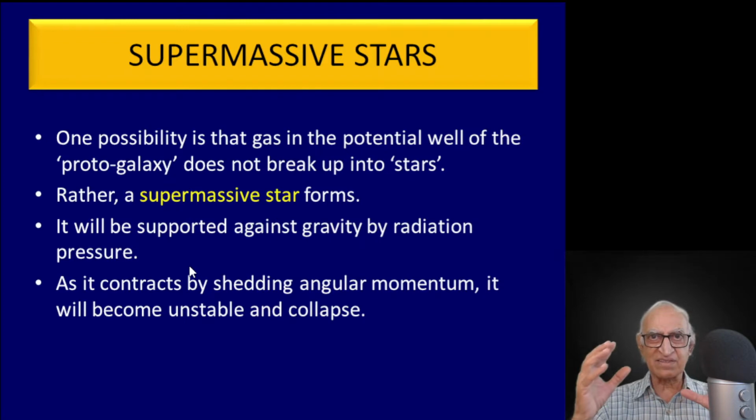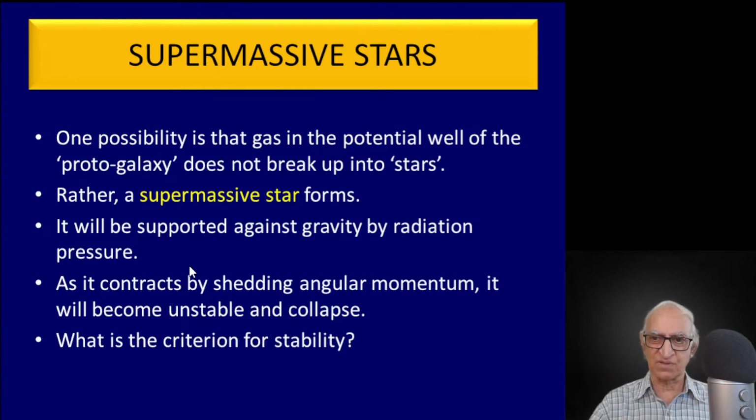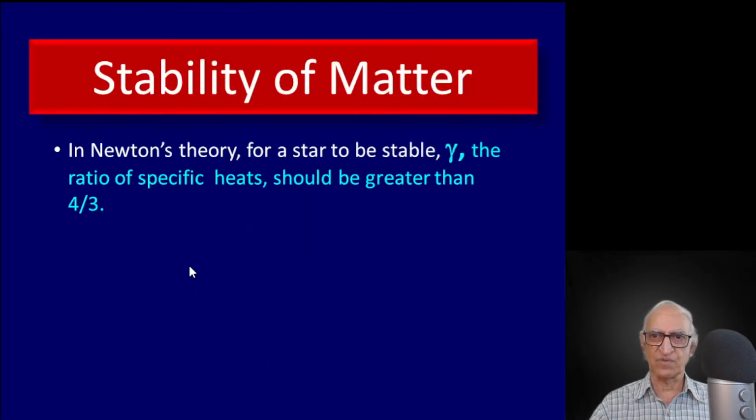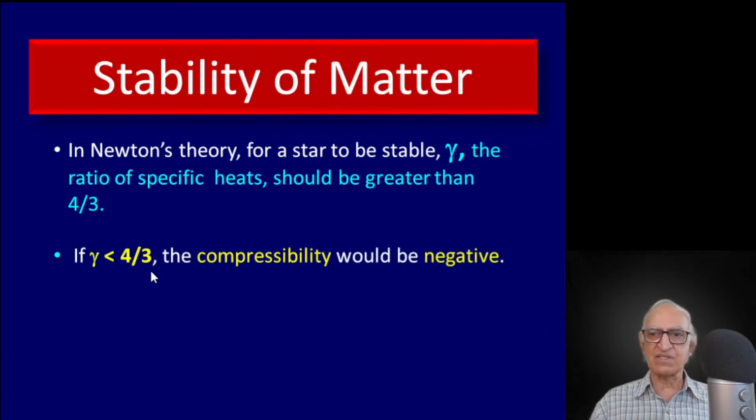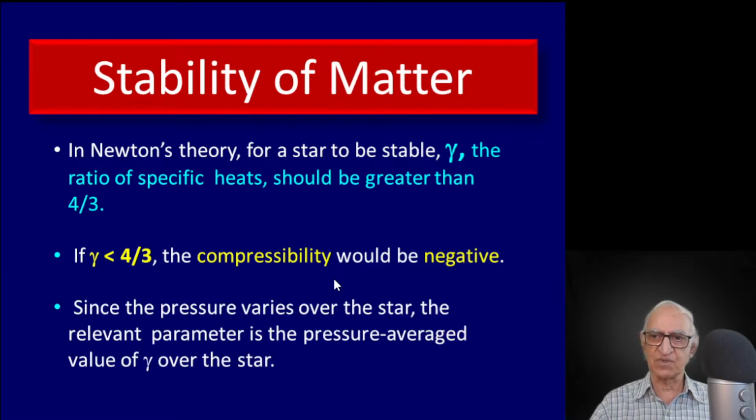Now, as this supermassive star collapses, at some stage it will become unstable and collapse. What is the criterion for stability? So let me recall what I said before. In Newtonian theory, for a star to be stable, the average value of gamma, the ratio of specific heat, should be greater than 4 by 3. If gamma is less than 4 by 3, the compressibility of matter becomes negative,